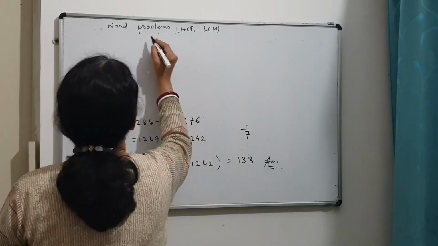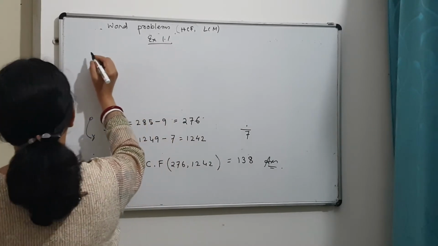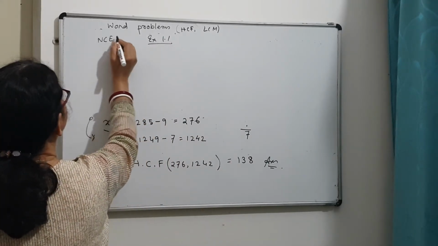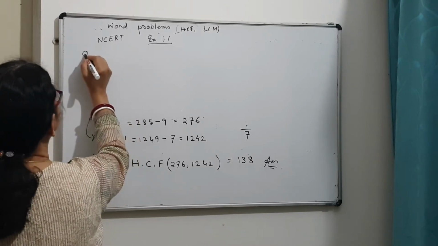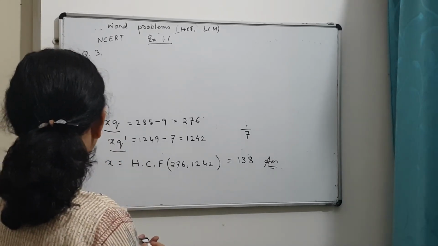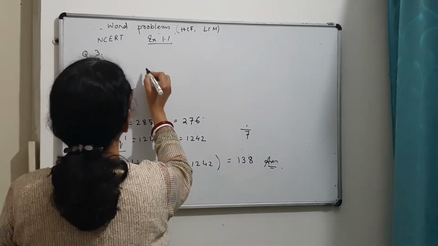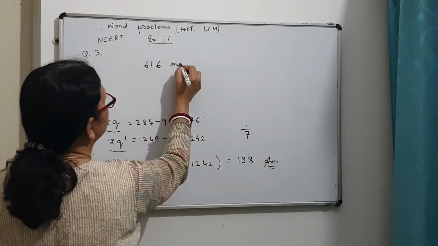Exercise 1.1 NCERT, question number 3. It states that an army contingent of 616 members